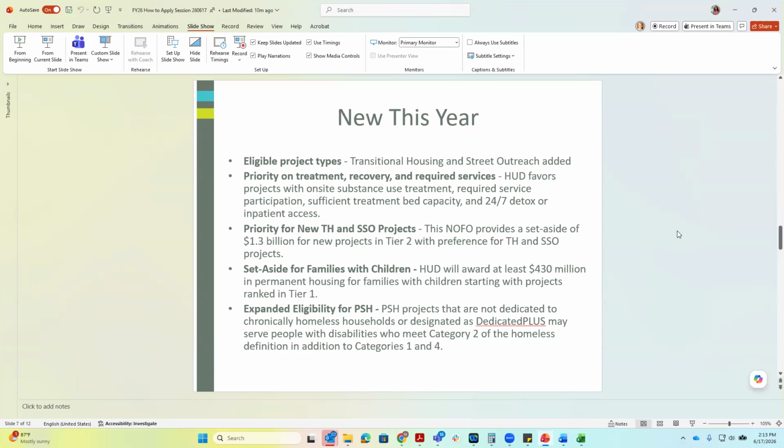Okay, so some new things are happening this year. We talked a little bit about the new eligible project types: transitional housing and street outreach. You will notice that joint transitional housing and rapid rehousing was not an eligible project type. It was last year. It is not at this point. Anyone who currently has those funds is able to maintain those and renew for those, but you cannot be added